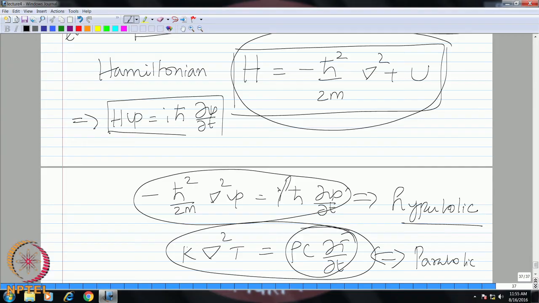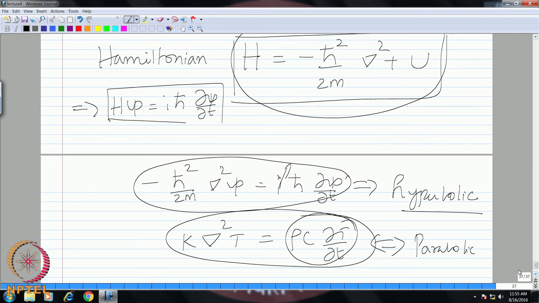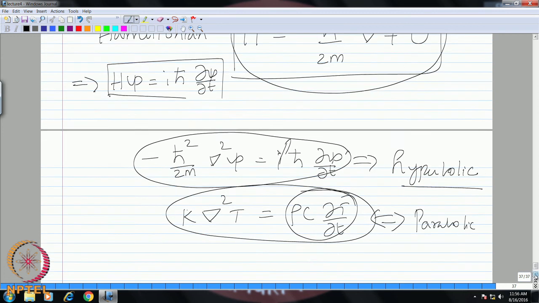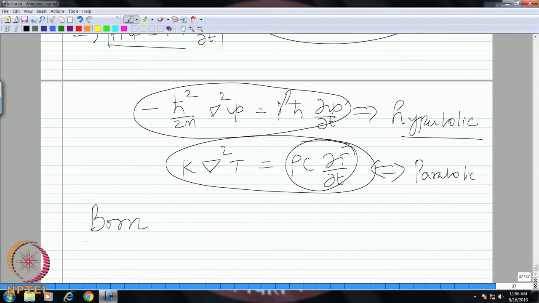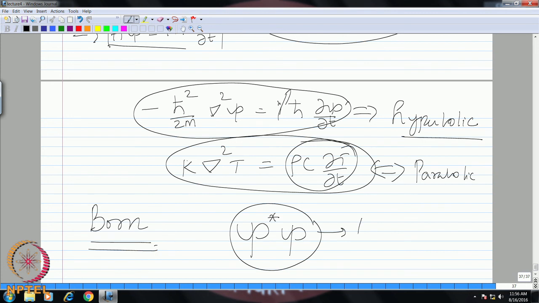What is interesting in history is that Schrödinger himself did not come up with a correct explanation for this wave function psi. He did not understand what to do with the solution for psi. So, later on it was Born, this scientist, who understood that there is a significance to this wave function only if you multiply by its complex conjugate. I denote the complex conjugate as psi superscript star. For example, if psi is equal to a plus ib, the complex conjugate will be a minus ib. And if I take the product of this complex conjugate of the wave function and the wave function, then together this product is nothing but the probability density function